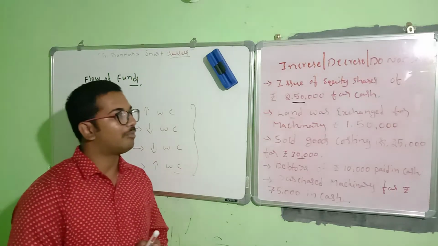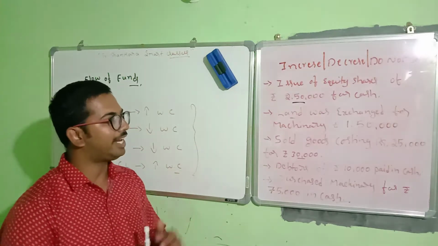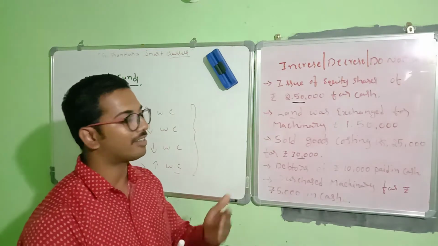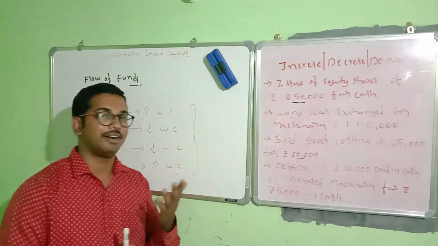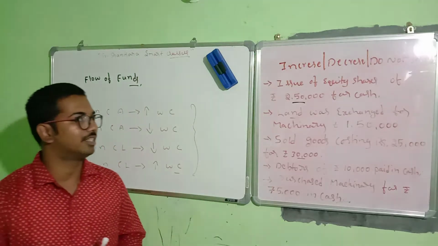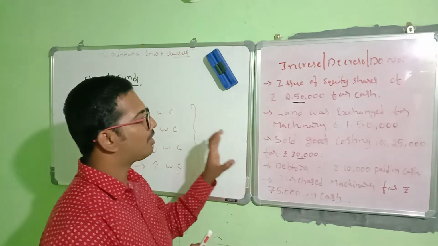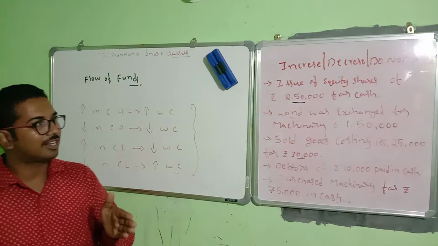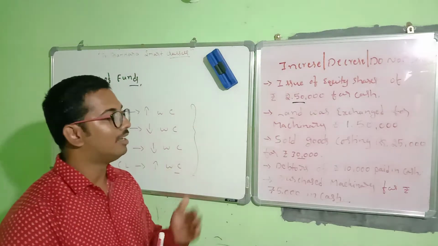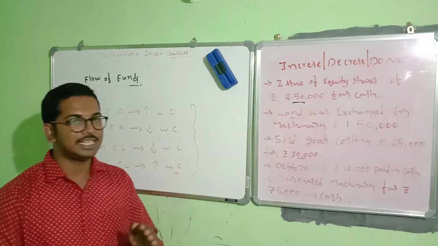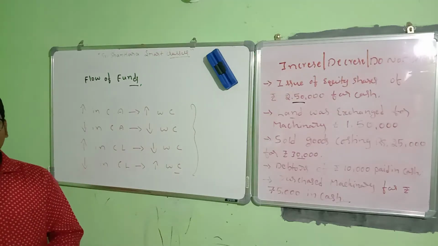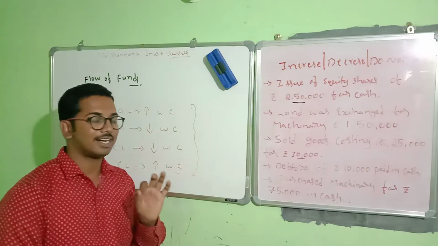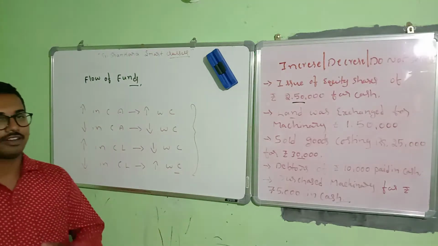When we go into detail about the transactions, they may involve various accounts like current assets and non-current assets, current liabilities and non-current liabilities, and shareholders' funds. For this purpose, we are going to categorize the balance sheet items into only two classifications: current account items and non-current account items. Current account items deal only with current assets and current liabilities. We can call them current items. Apart from current assets and current liabilities, we call them non-current items.